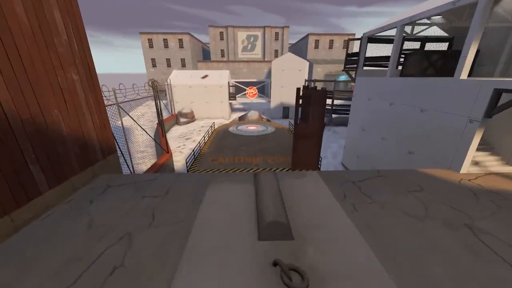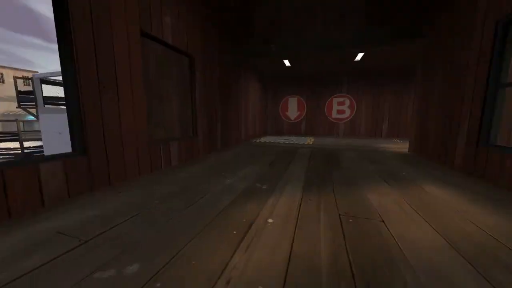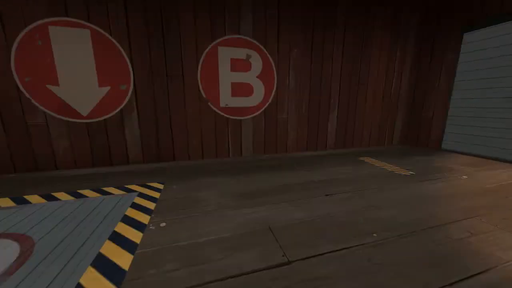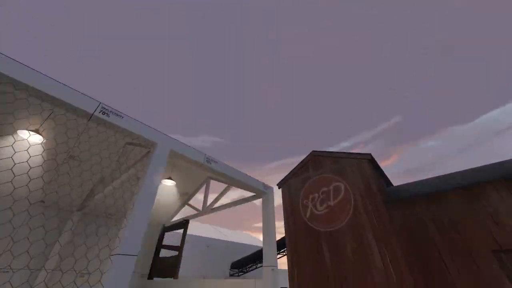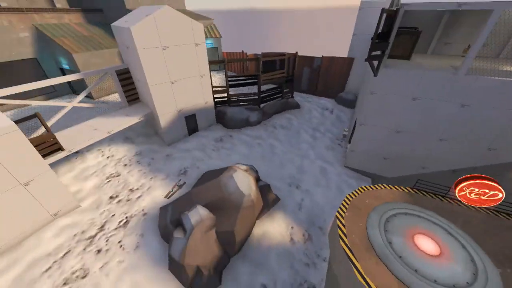Now you can wrap around, look out the window, use it to maybe get an angle in the sentry spot, something like that. These doors are not unlocked yet. They will be unlocked when I cap A, which I will go and do. Actually, before I do that, so I guess, yeah, just the main idea at this point is that the main